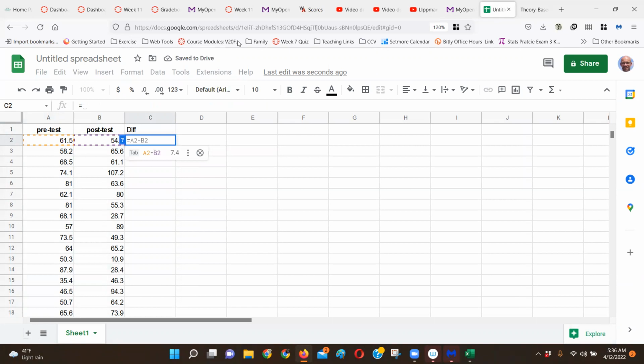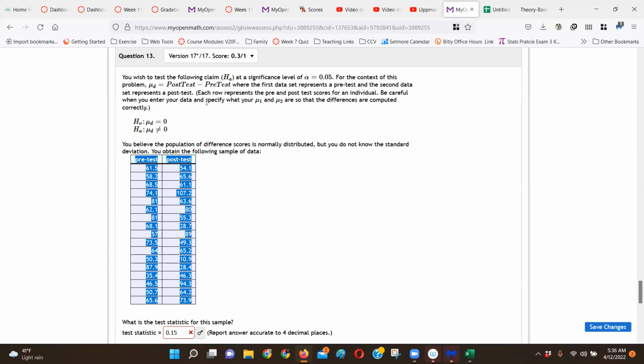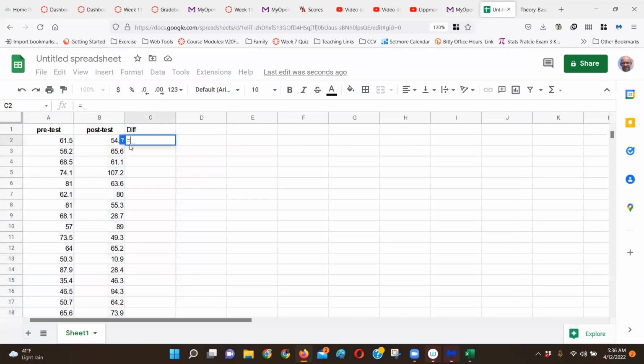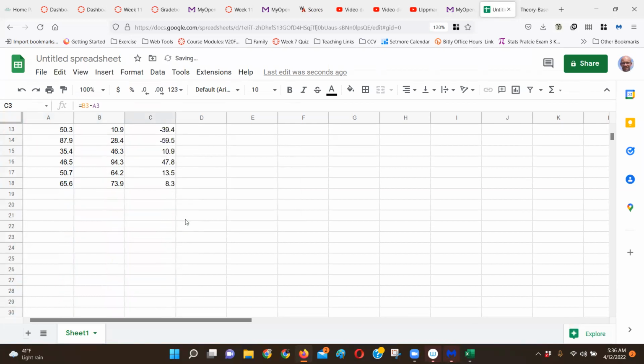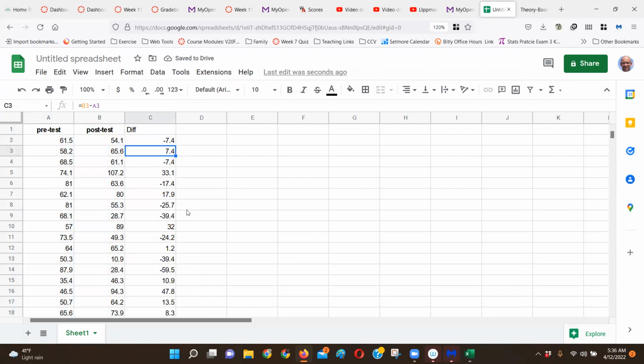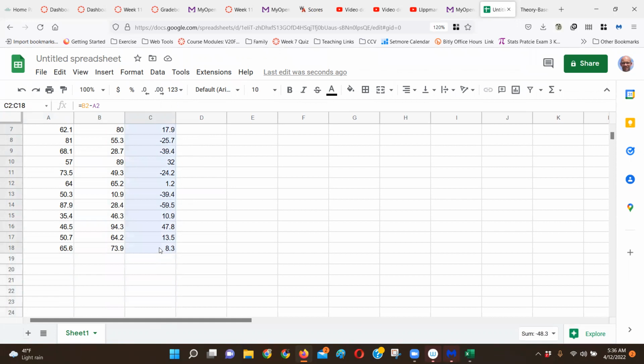So now they said post minus pre, right? Let's go back and make sure. I'm pretty sure that's what you do, but see, post-test minus pre-test. So we're going to make sure we do that subtraction correctly so we get the right sign. So post-test minus the pre-test. And you can do that all by hand if you want, but the spreadsheet does such a nice job with it. Now, we could calculate the summary statistics for this, but being with one sample,